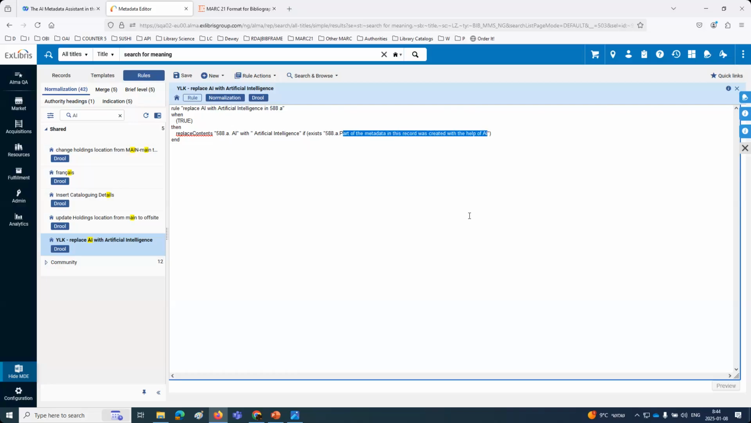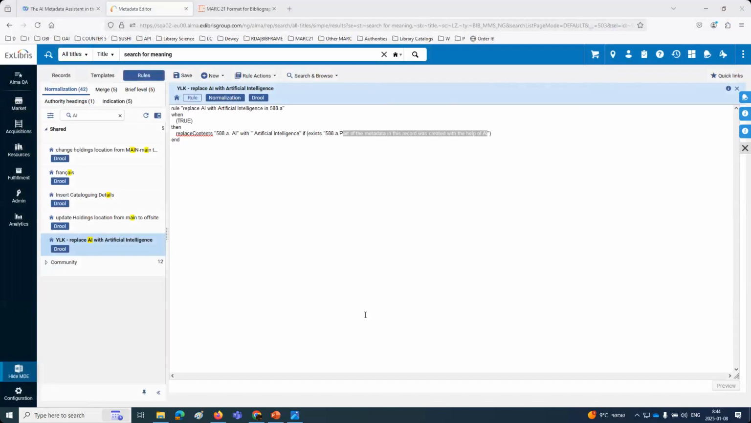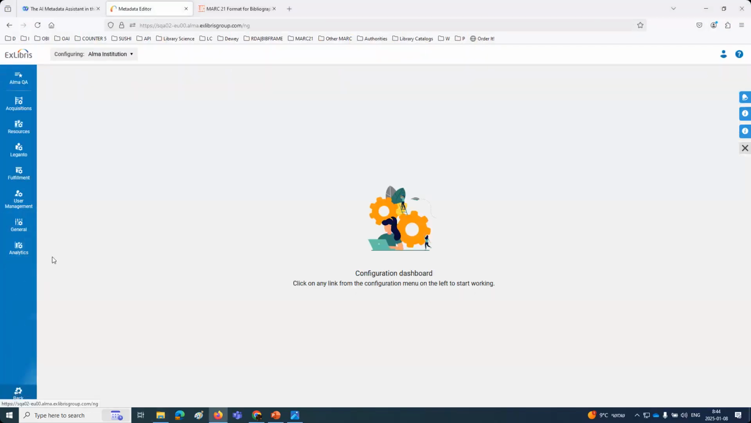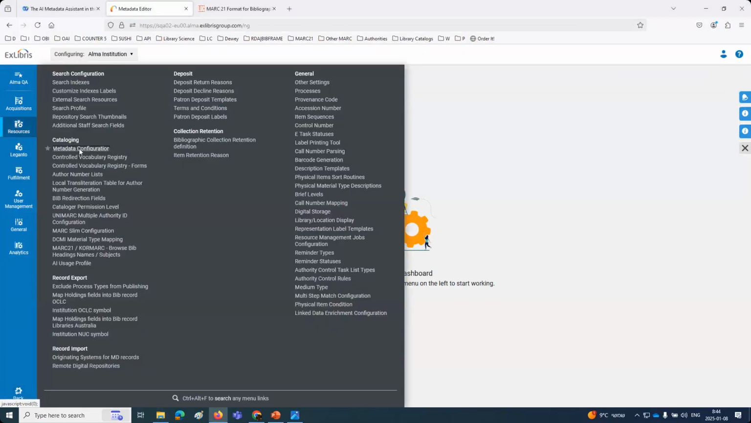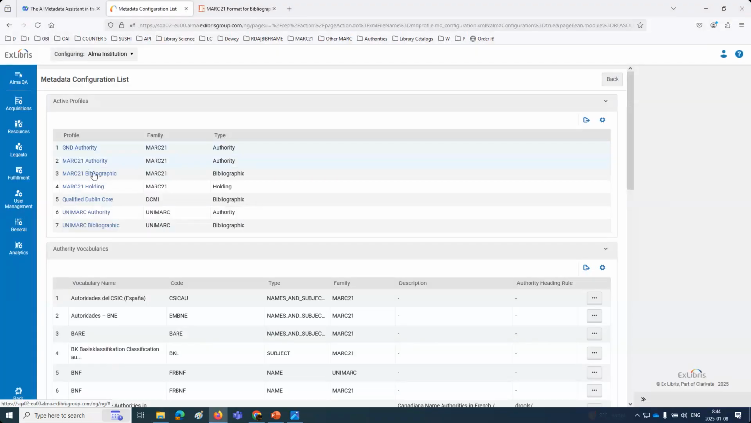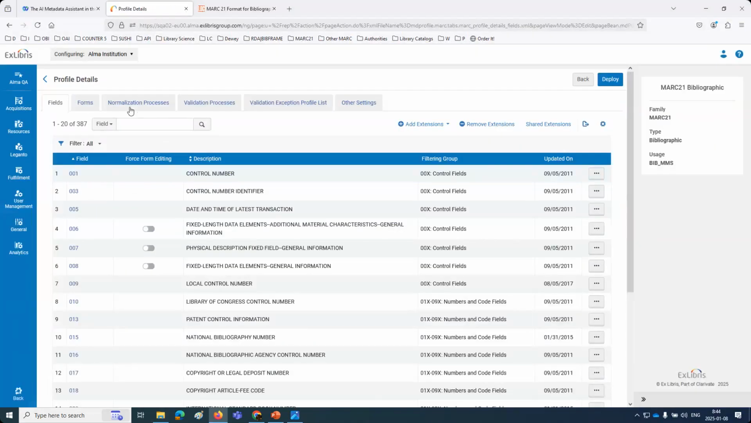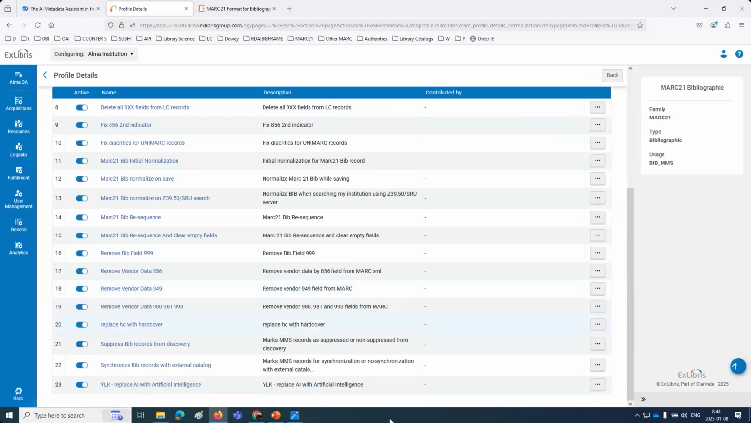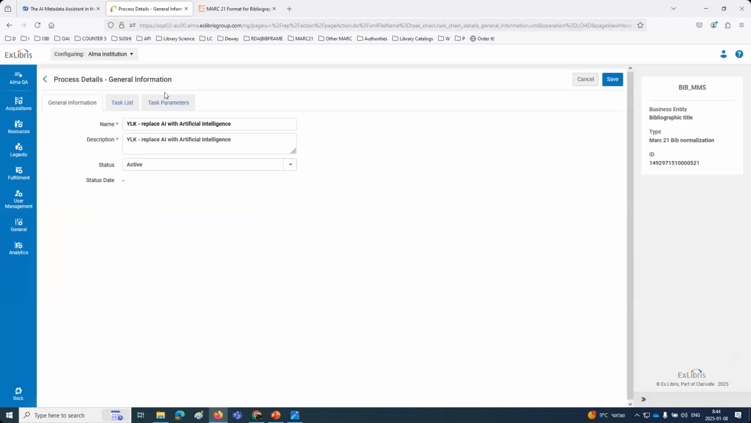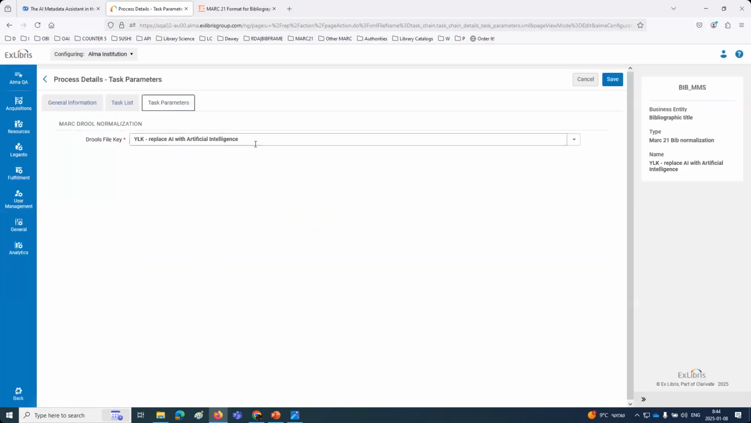So let's do that one. Oops, wrong browser. I'm not going to go through the whole configuration of how to make a normalization process, but I took that normalization rule and made that part of a normalization process. The normalization process is called the same as the rule. This is it here, and you'll see it's called YLK, replace AI with artificial intelligence, and it uses that rule